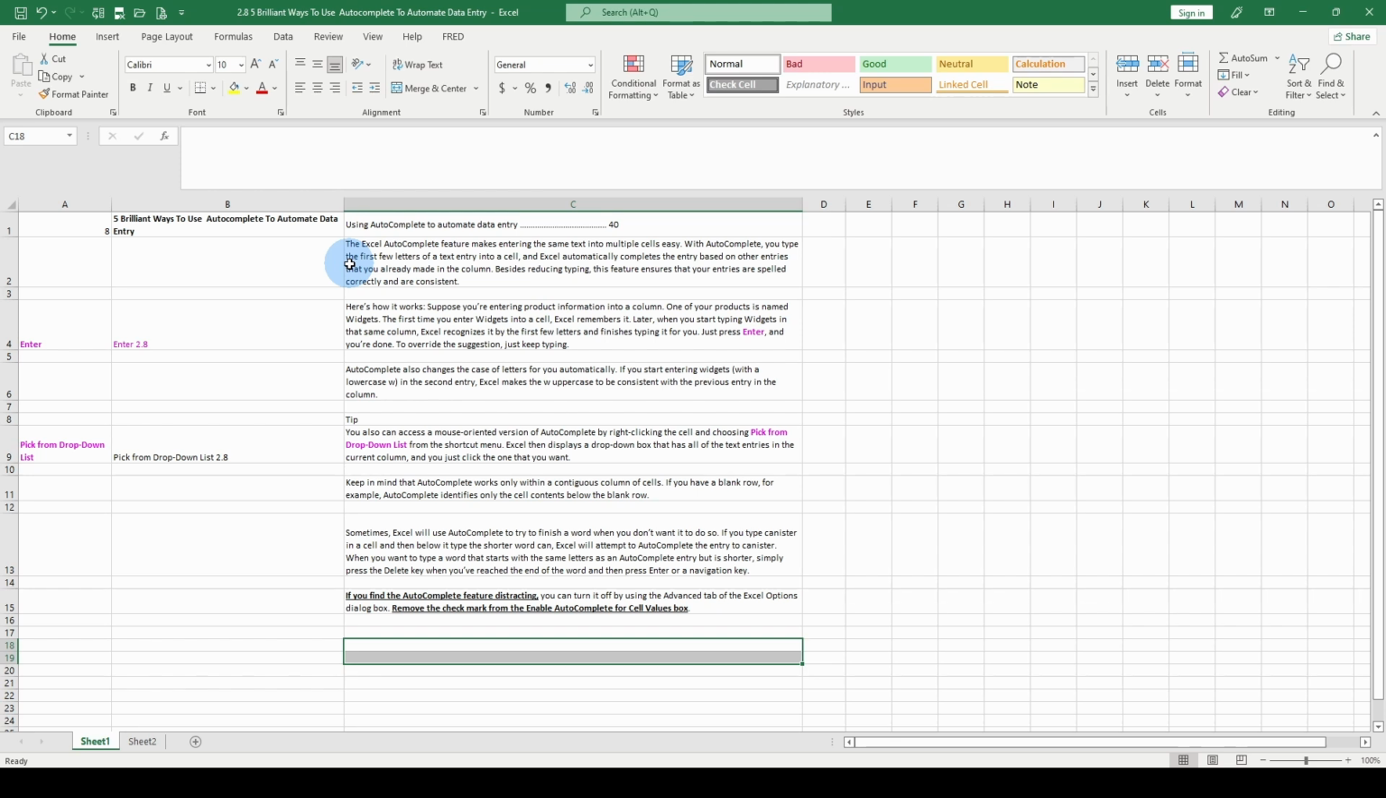Here's how it works. Suppose you're entering product information into a column and one of the products is named Apple. The first time you enter Apple into a cell, Excel remembers it. Later, when you start typing Apple in that same column, Excel recognizes it by the first few letters and finishes typing for you. Press enter and you're done. To override the suggestion,